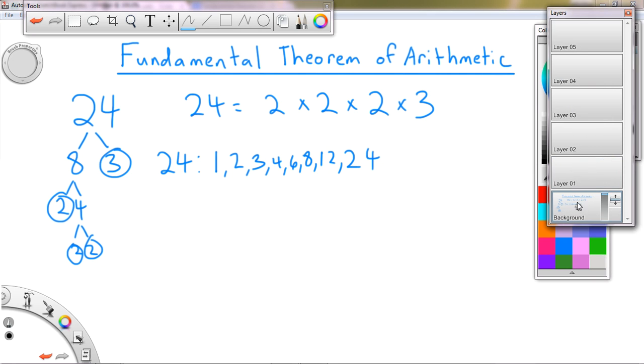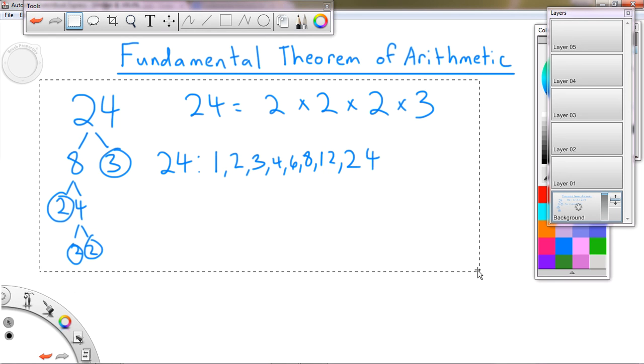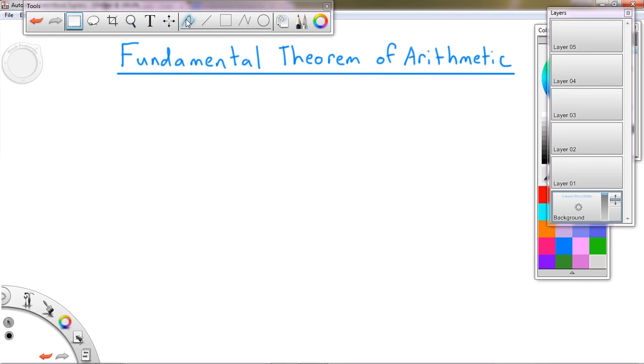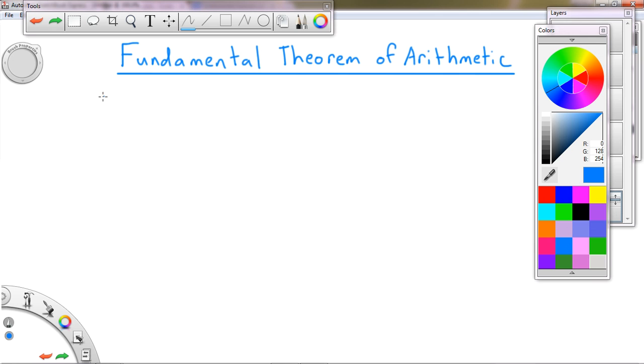Okay, so let's start fresh here. Let's get a more complicated number. Some of your homework problems are going to look like this. We'll have a number like 144. You know, I really like this blue. We're going to stick with this blue. So we're going to take 144. And I'm going to ask you a question like, is 16 a factor of 144? So I'm going to write that down. Is 16 a factor